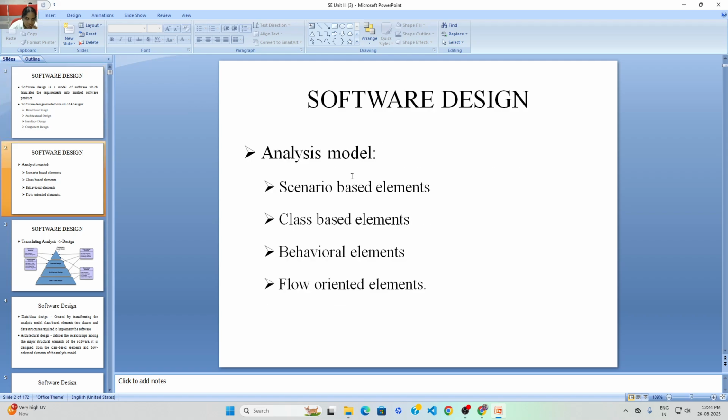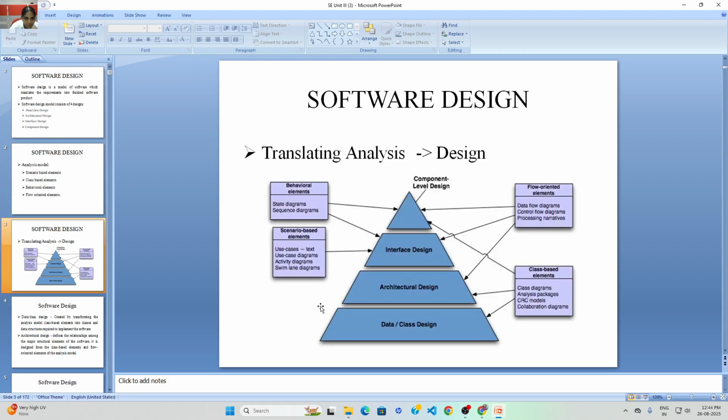component design. In the analysis model we have four elements, that is scenario based elements, class based elements, behavioral elements, and flow oriented elements. In translating analysis, here how we are going to design it means how we are translating the things we have to analyze. Previously we have said scenario based element, class based element, behavioral element, and